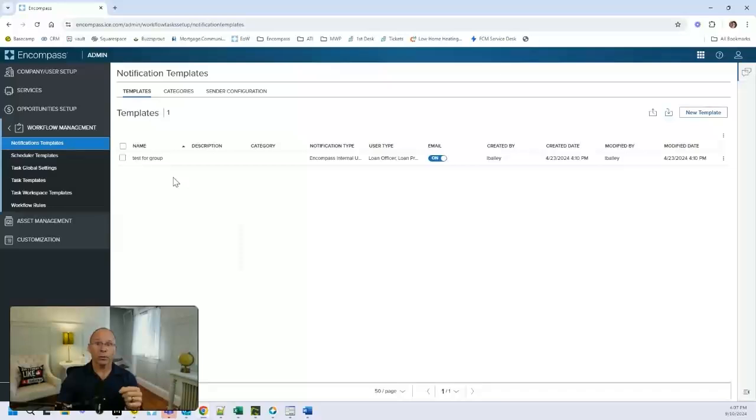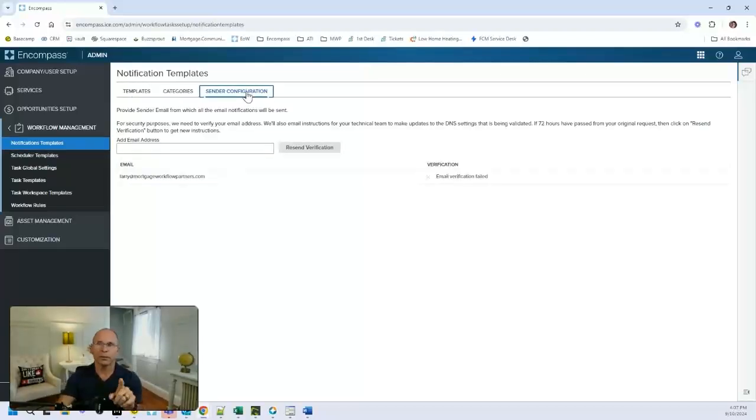When it comes to notifications, one of the things you should start looking at is migrating your field triggers that create internal team member emails or external team member emails. You should move them to notification templates. The one big reason why is because when you look at the sender configuration, I want you to pay attention to this. And if you haven't already shared this with your IT teams, please do that today. Using the DNS settings to configure outbound emails is far more reliable and secure than what you have today.